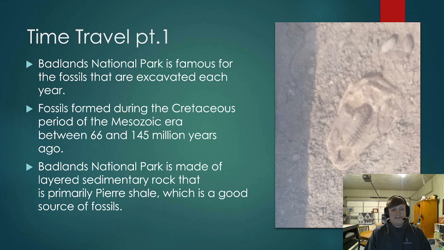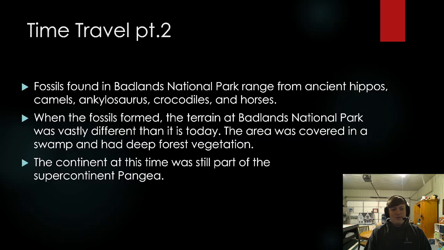Badlands National Park is famous for the fossils that are excavated each year. Fossils formed during the Cretaceous period of the Mesozoic era between 66 and 145 million years ago. Badlands National Park is made of layered sedimentary rock that is primarily Pierre shale, which is a good source of fossils. Part 2. Fossils found in Badlands National Park range from ancient hippos, camels, ankylosaurus, crocodiles, and horses, otherwise known